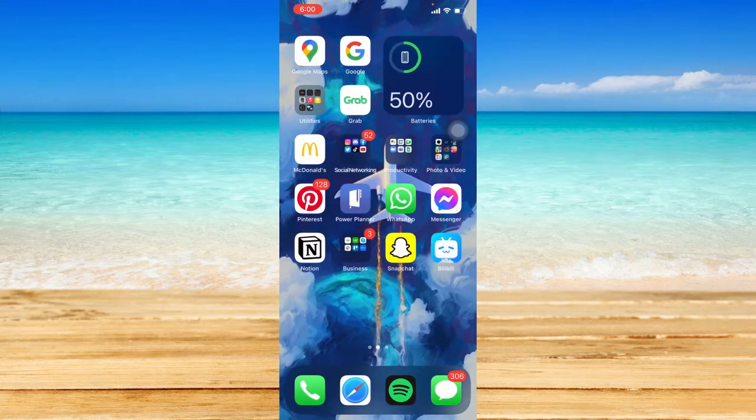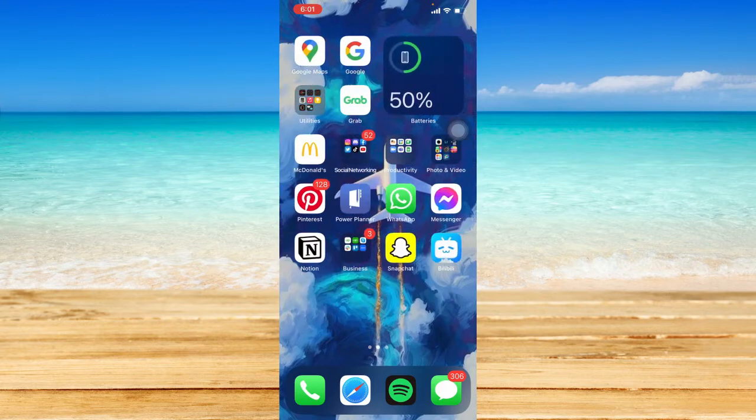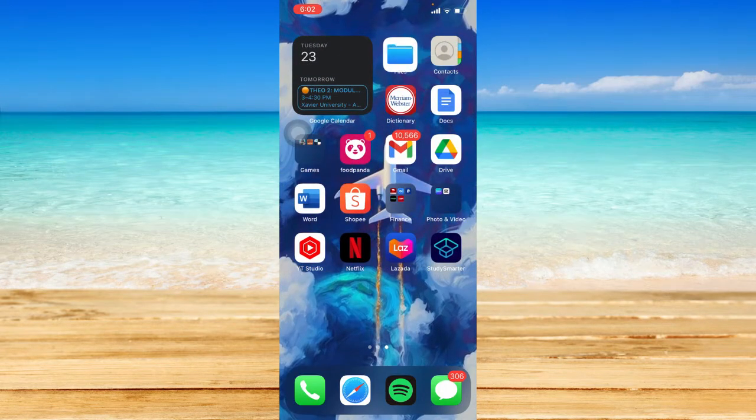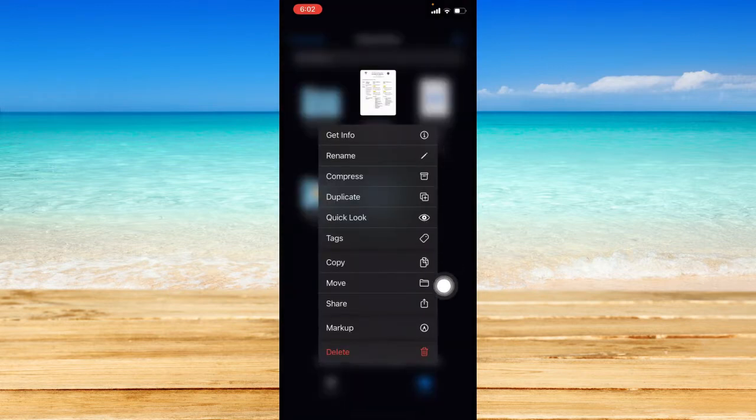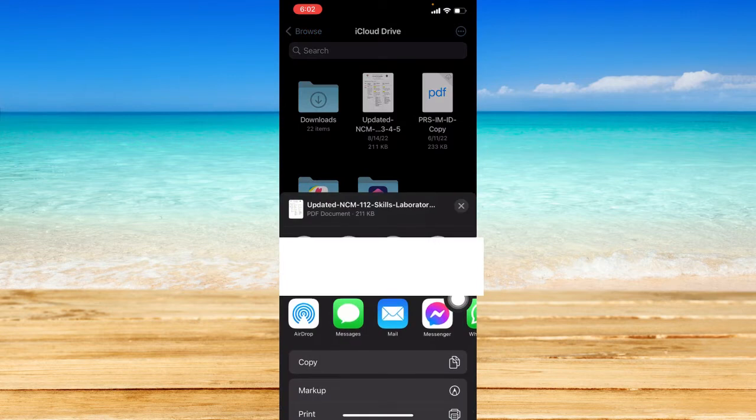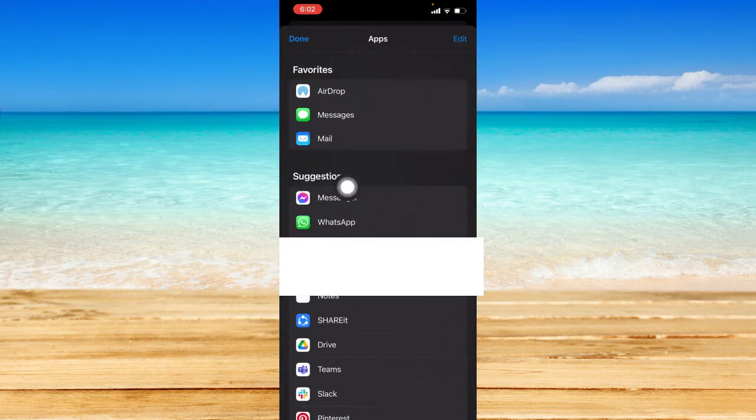Now, once you have made sure that your Messenger is up to date, the first thing you're going to do is download the document that you want to send in Messenger in the My Files app. Once you have downloaded that particular document into your My Files app, just press and hold on that document and click on Share over here. You should see the option to click on the Messenger app. If you don't see it, just swipe to the left and you should see the Messenger app. If it still does not show, just click on More, and the Messenger app should be one of the options from here. So just click on Messenger